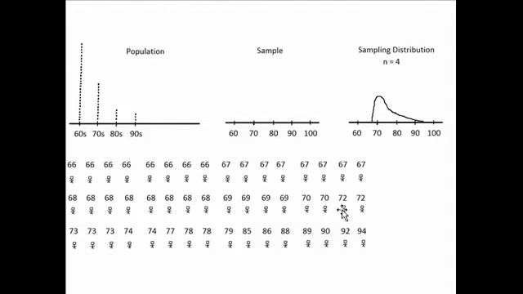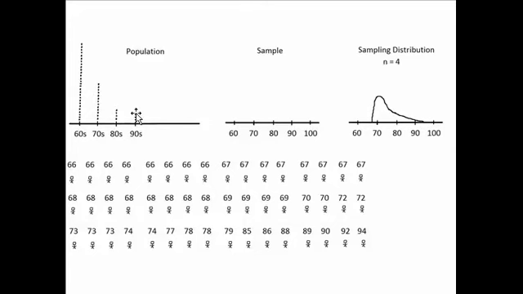In this demonstration, we're going to be focusing on the exam scores of 48 students who are in a certain class. We can see their 48 exam scores down here, and we can also see their 48 exam scores in this graph up here. This graph is a dot histogram. In a dot histogram, each person's value is shown as a separate dot. So over here we have all of the exam scores in the 60s. Here we have all of the exam scores in the 70s. Here we have all of the exam scores in the 80s, and here we have all of the exam scores